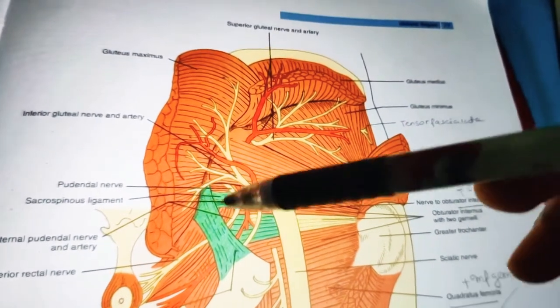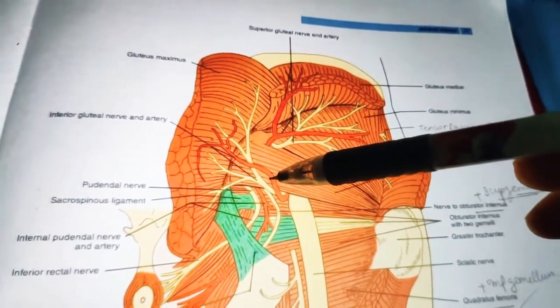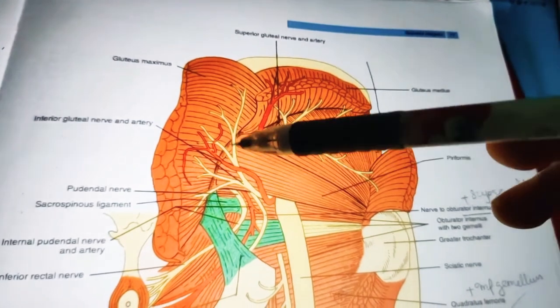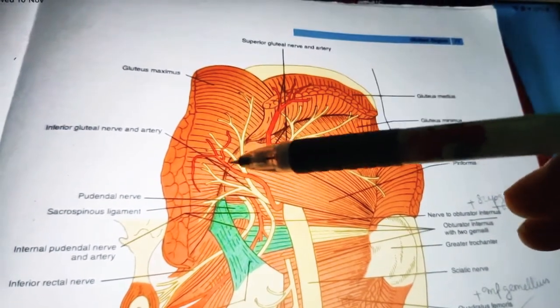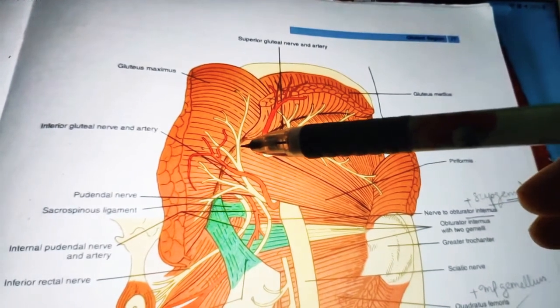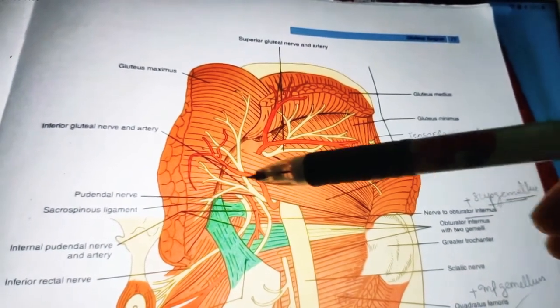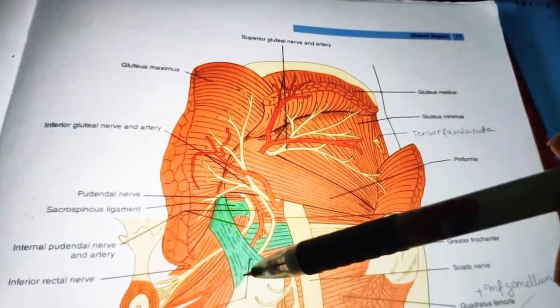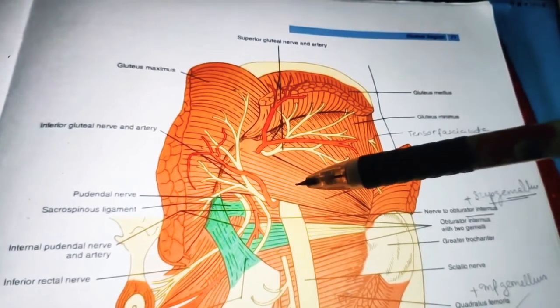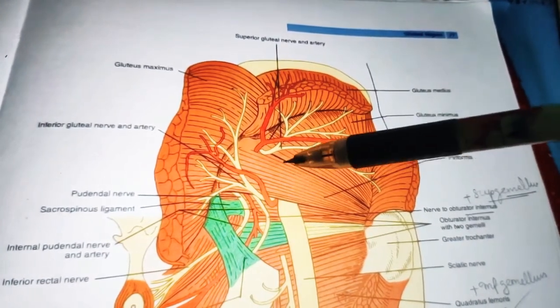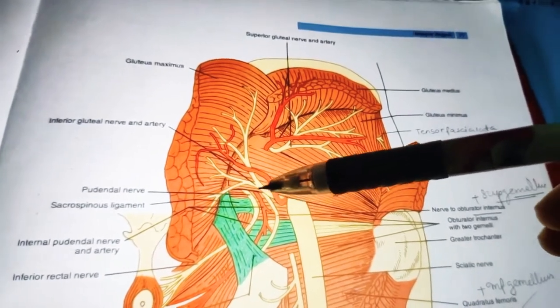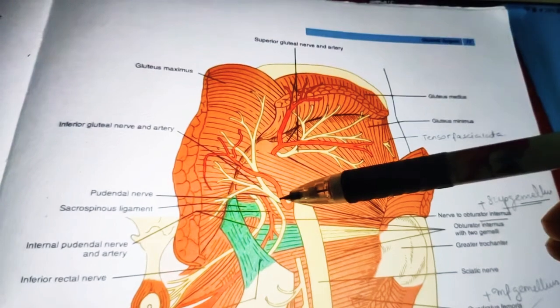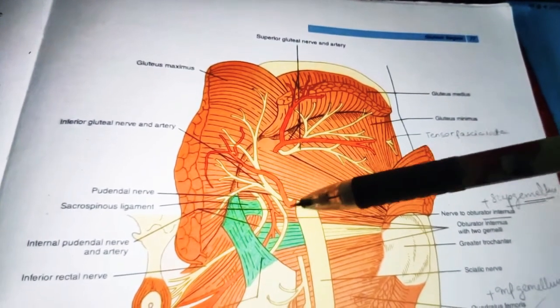So remember, it supplies the buttock area, coccyx area, and hip joint. It mainly supplies the gluteus maximus muscle, and also the back of the thigh and the sciatic nerve. All the structures near it are supplied by it. One more important thing: the structures just deep to the piriformis are also supplied by this artery, and it is also called the axis artery. Remember that it also supplies the coccyx.